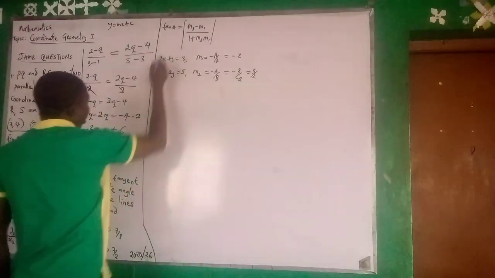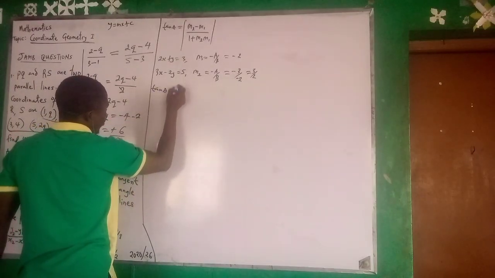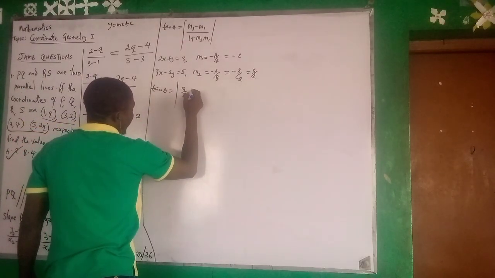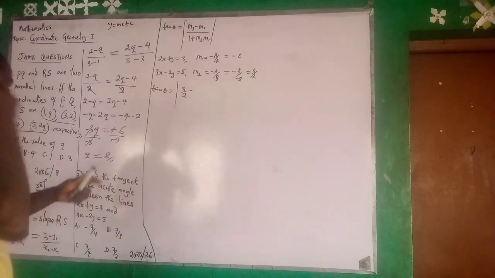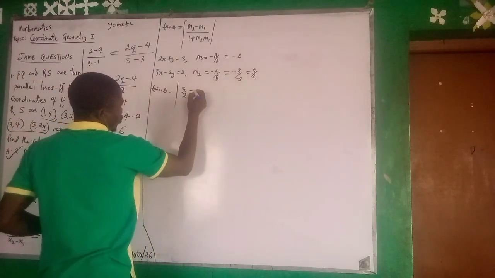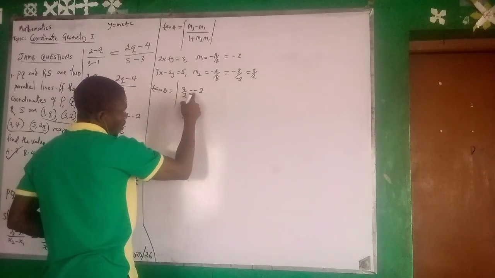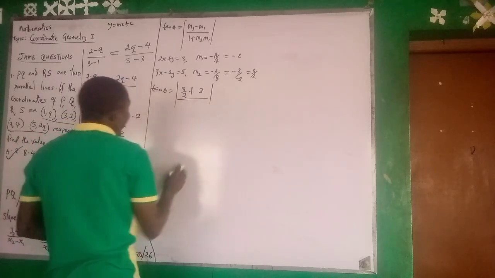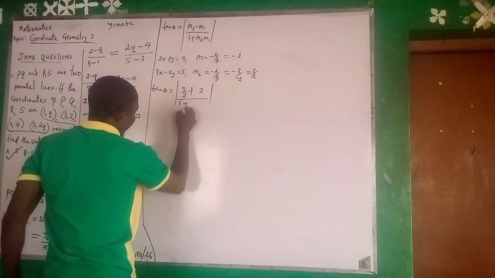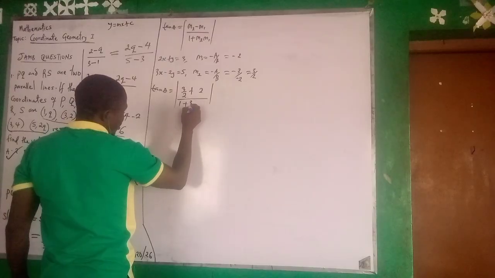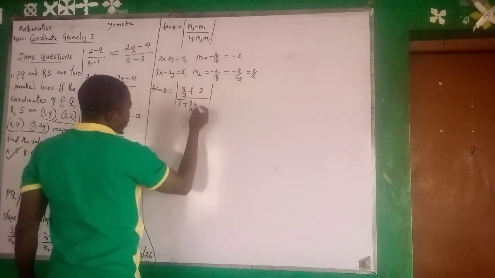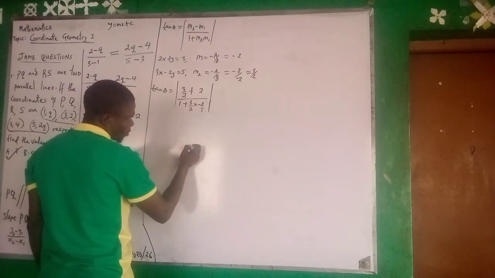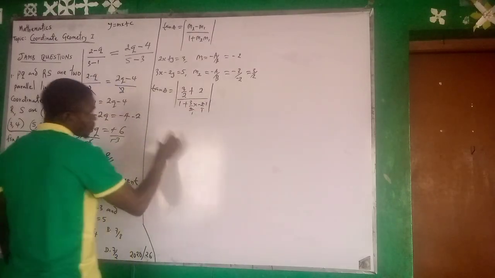Using the formula, tan theta becomes the absolute value of m2, which is 3 over 2, minus m1, which is minus 2. So minus minus 2, and minus times minus is plus, so let me just write plus 2. Understood? Alright. Now, 1 plus m2, which is 3 over 2, times m1, which is minus 2, right? Then I can put the numerator over 1. So I'm having